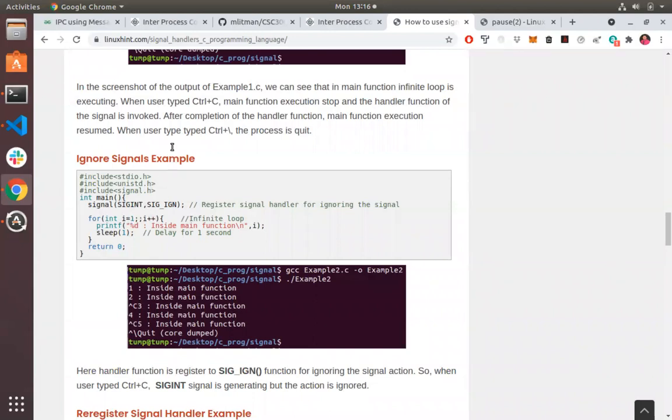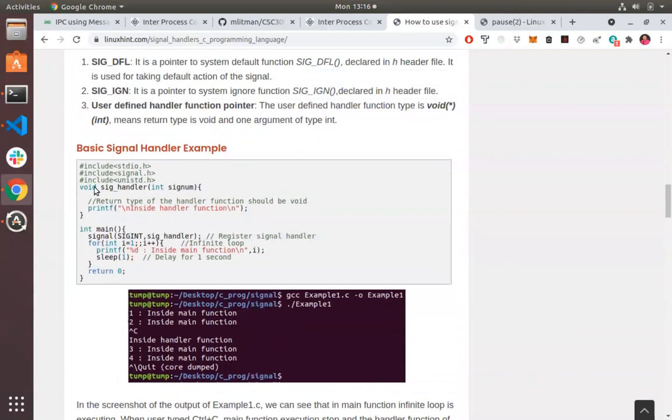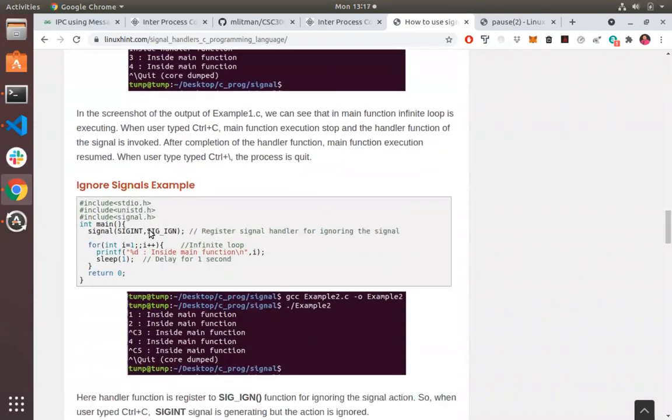Now we can write our own handler like we did up here to handle that particular signal, or we can say, you know what, I want to just bypass anything related to that signal and don't respond to it at all. So we can register an interrupt, effectively making our program uninterruptible by associating with this SIG_IGN,